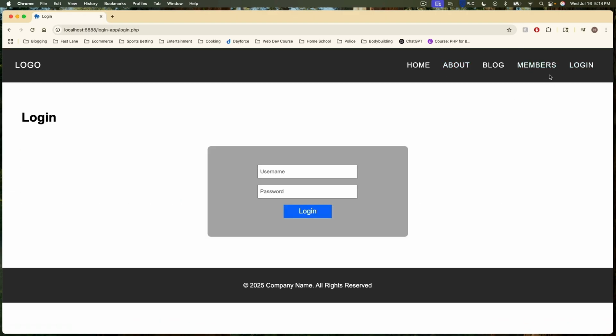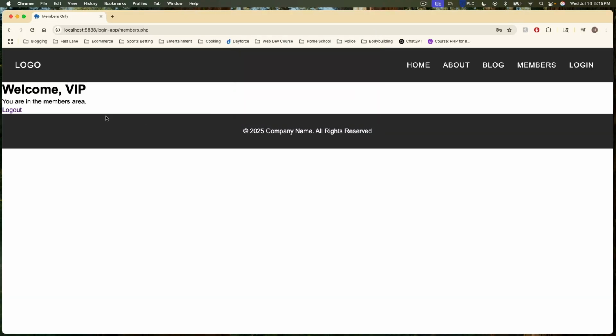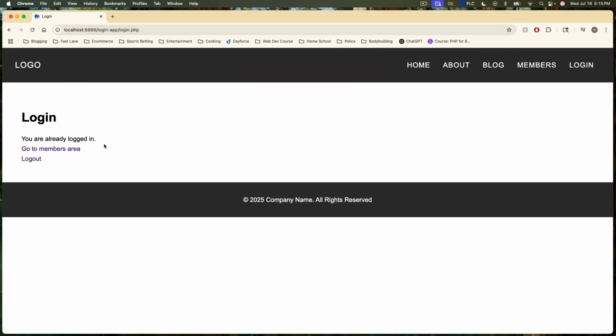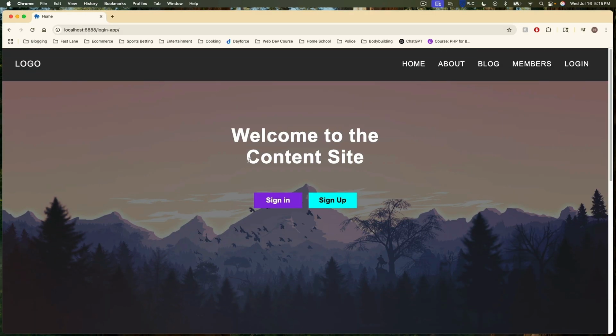We have a login page. It actually has PHP to know if you're logged in. If we try to log in, invalid, it knows. And then if we do log in with the correct credentials, we can actually go to the members only VIP area. If we go back to the login screen, it says, hey, you're already logged in. And this is all done with PHP. So we're going to be building this fairly soon. It's one of our first projects, a simple little login area. But sometimes when you're updating your page, especially with HTML and CSS,